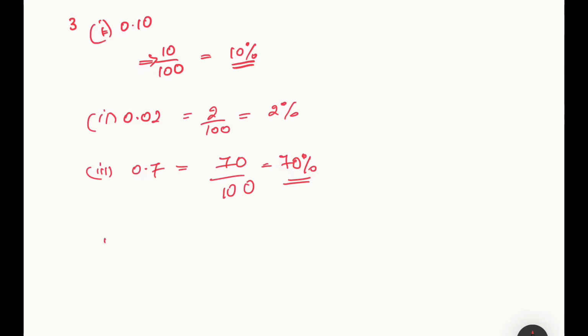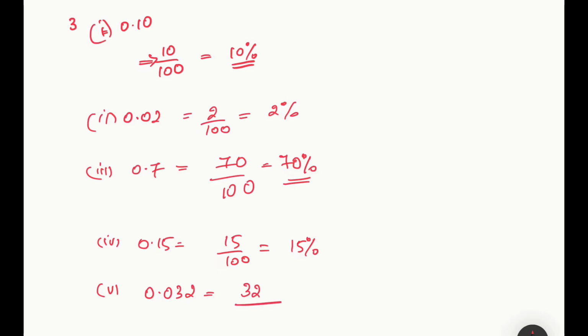Okay. Now coming to the fourth sub question. 0.15. 0.15 will be equal to 15 by 100. That is equal to 15 percentage. Next one, the fifth one, 0.032 equal to 32